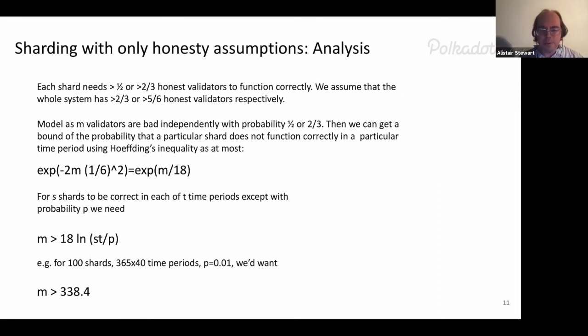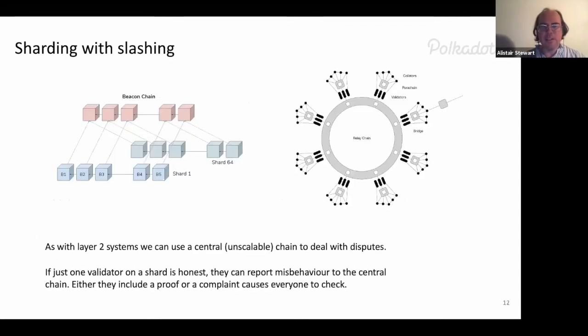There are reasons why we want to slash 100%, and I'm going to get to that. The chief reason why we do that in Polkadot later in this talk. So this is sort of the number we get with only honesty assumption. So as I say, in